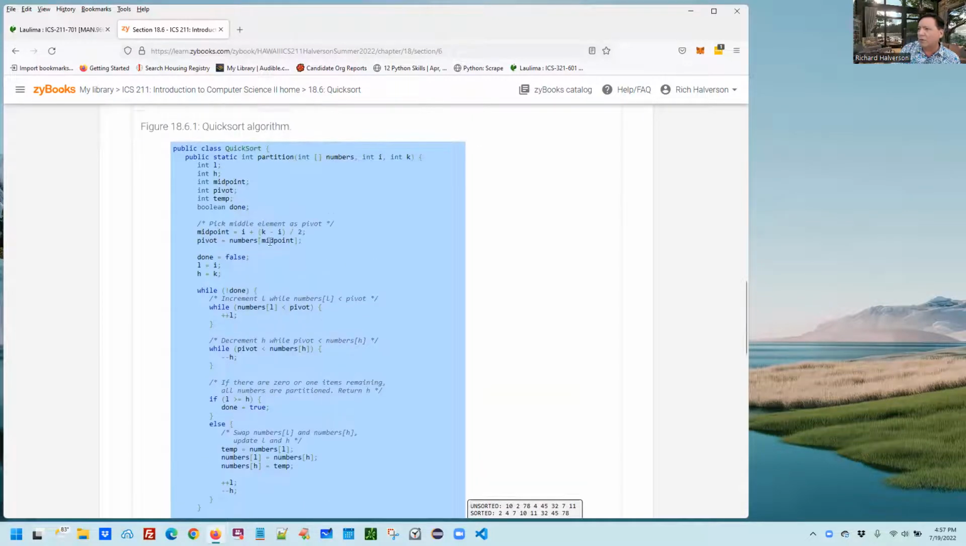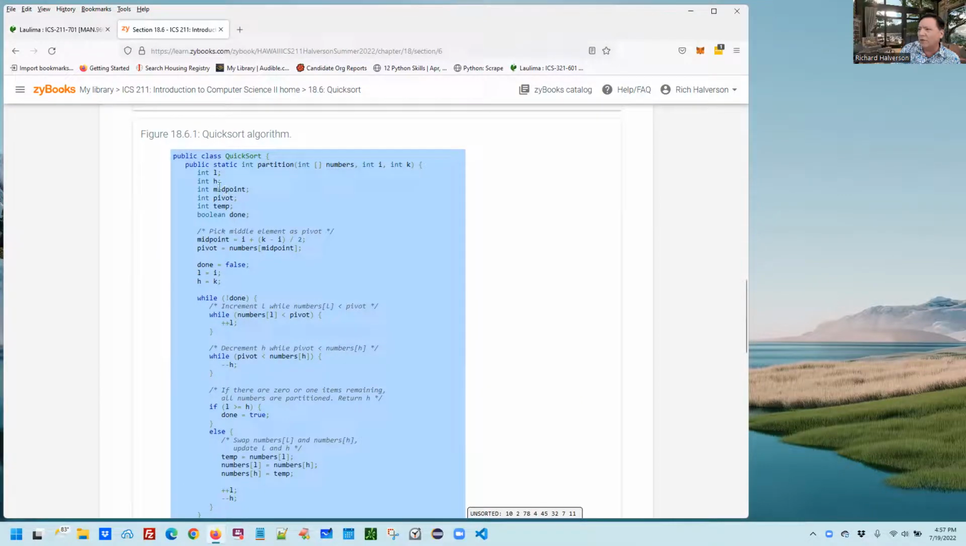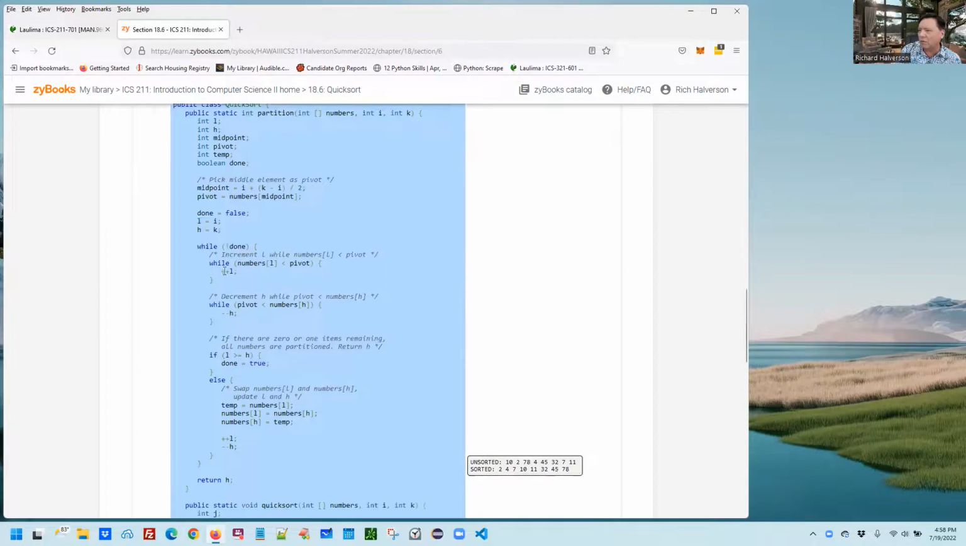How does partition work? Well, we have these two pointers. We've got a low pointer and a high pointer, and we find a midpoint, and then we take the pivot number as the value at that midpoint, and then it starts these two while loops here,